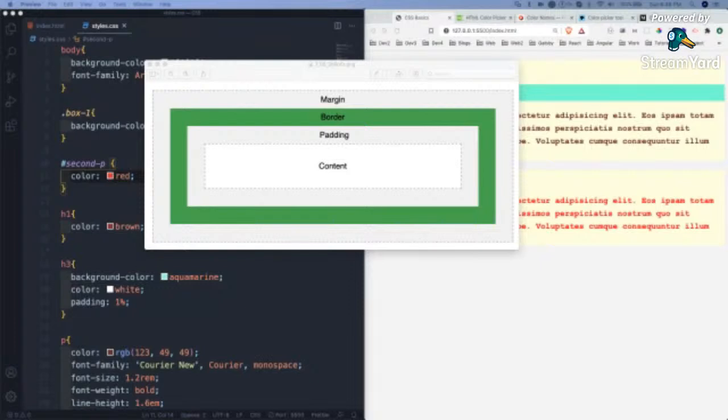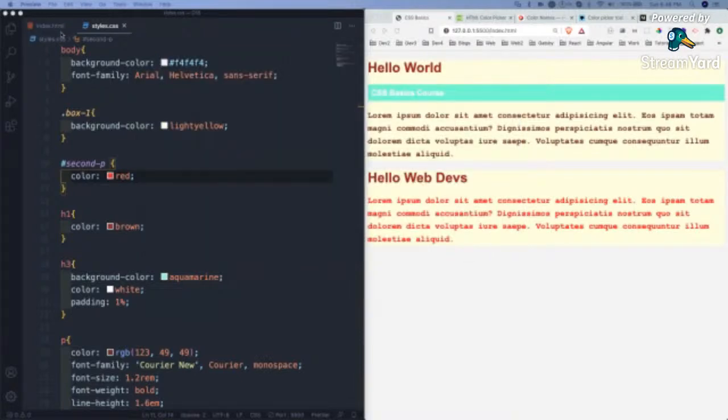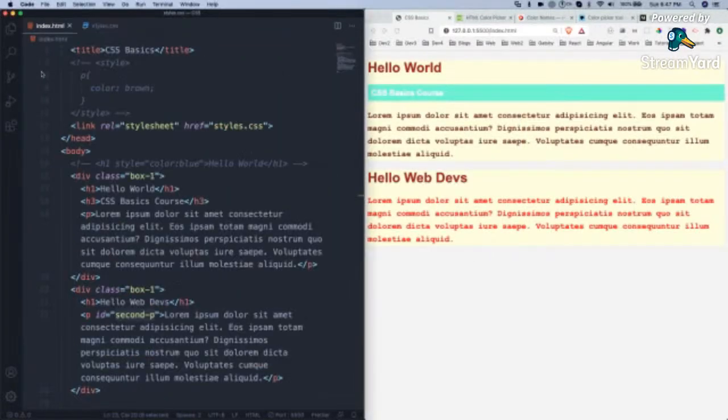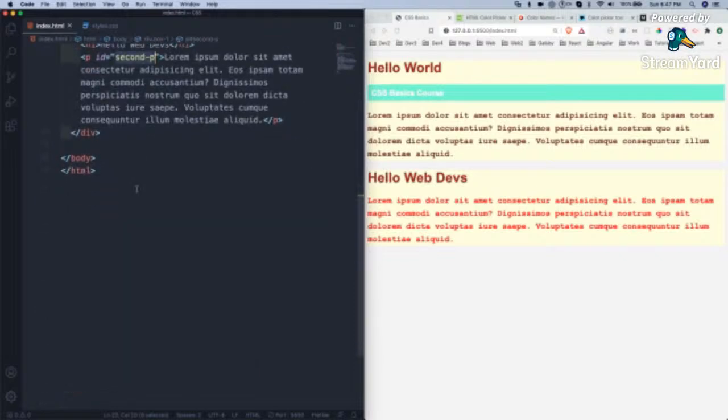So for that, let me go back here. Another div I will give, and give an ID for it.